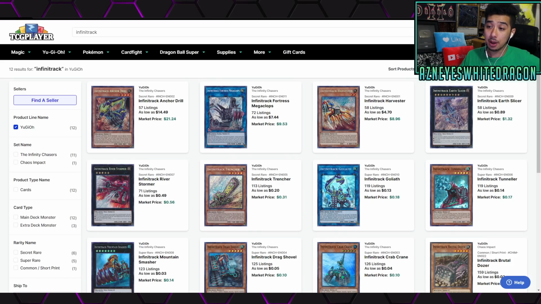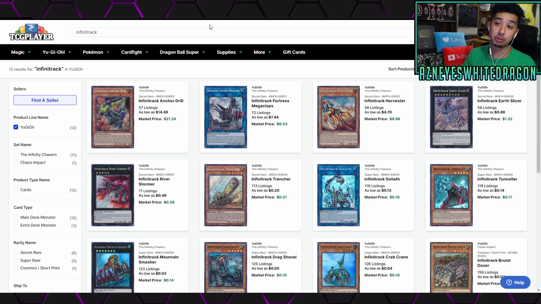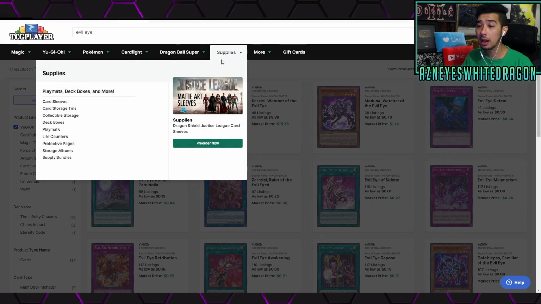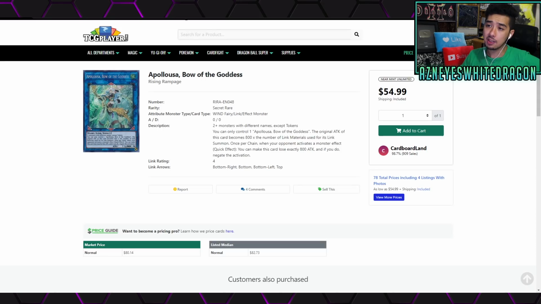But there are a lot of other reprints for lots of archetypes that are maybe kind of under the radar that I'll briefly mention, like of course Infinitrack, you have the Witchcrafter, you even have the Evil Eye, and the Marincess cards. Now, keep in mind, we don't know the rarity. I don't know if we're going to get any Starlight Rare versions of these. It would be kind of cool to see some other chase cards,